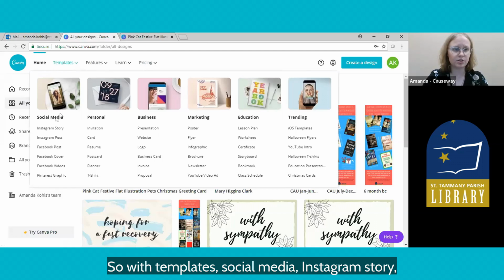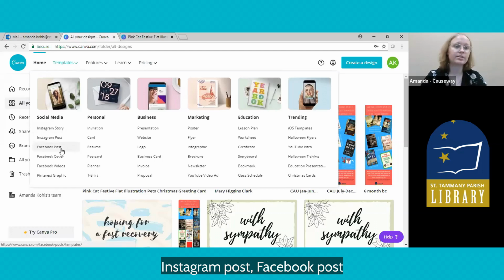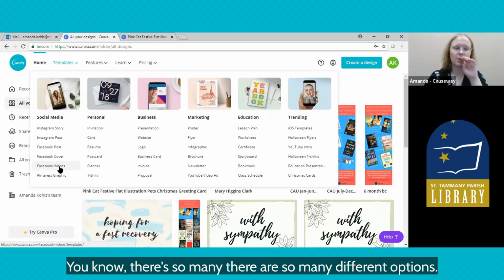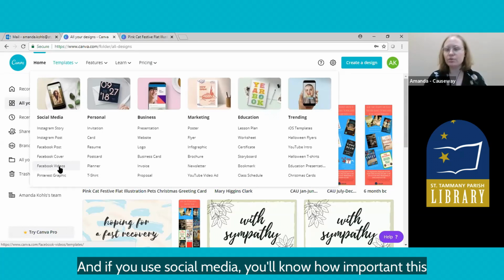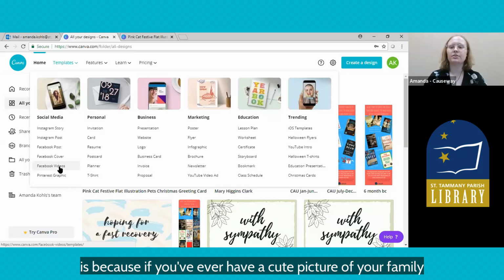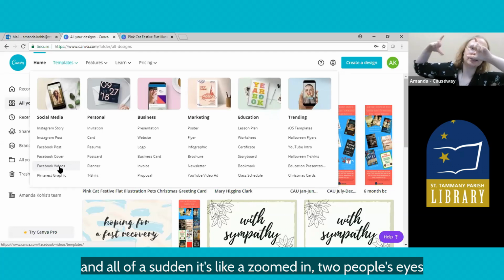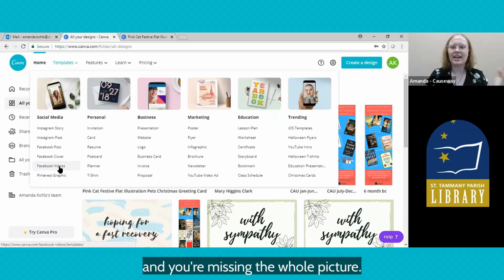So with templates, there's social media: Instagram story, Instagram post, Facebook cover photo, Facebook video, Pinterest graphic. You know, there's so many different options. And if you use social media, you'll know how important this is. Because if you've ever had a cute picture of your family and then you go and make it your cover photo on Facebook,